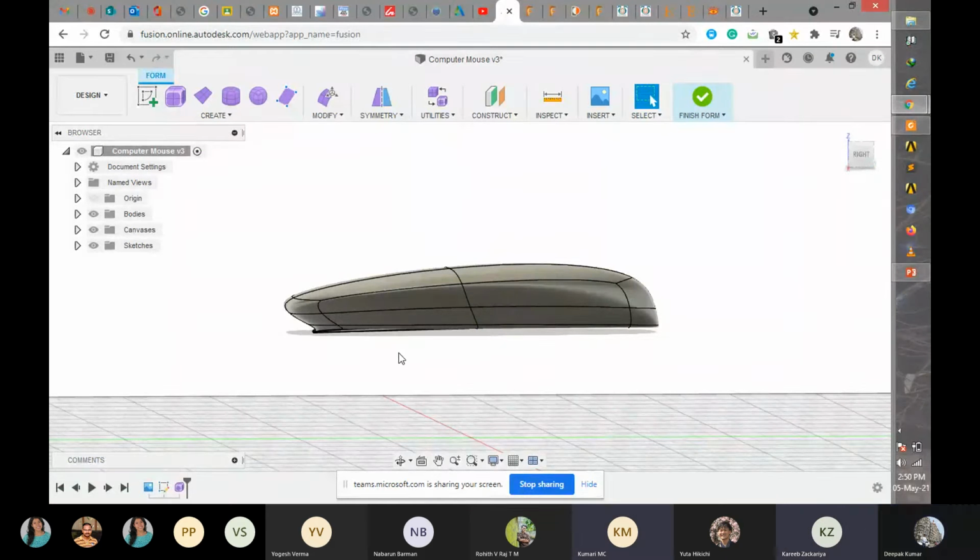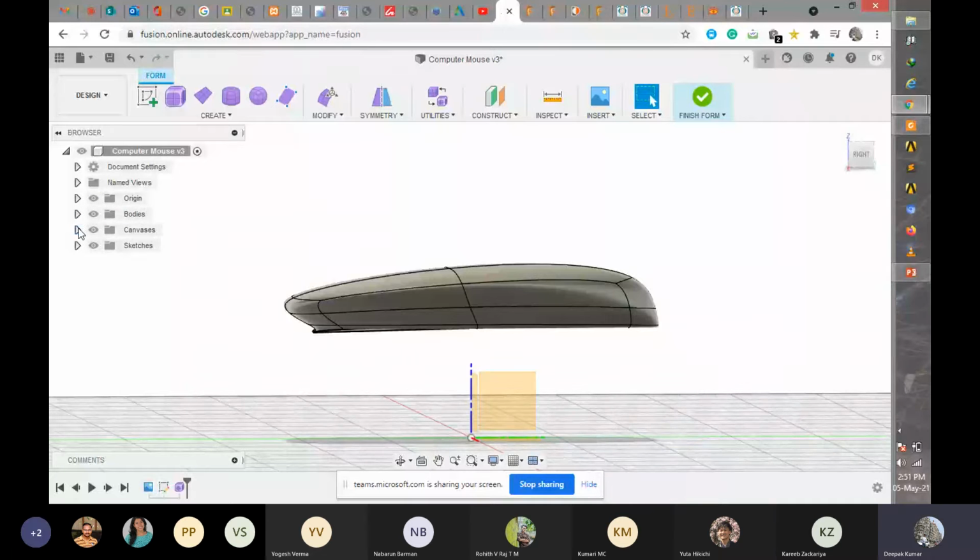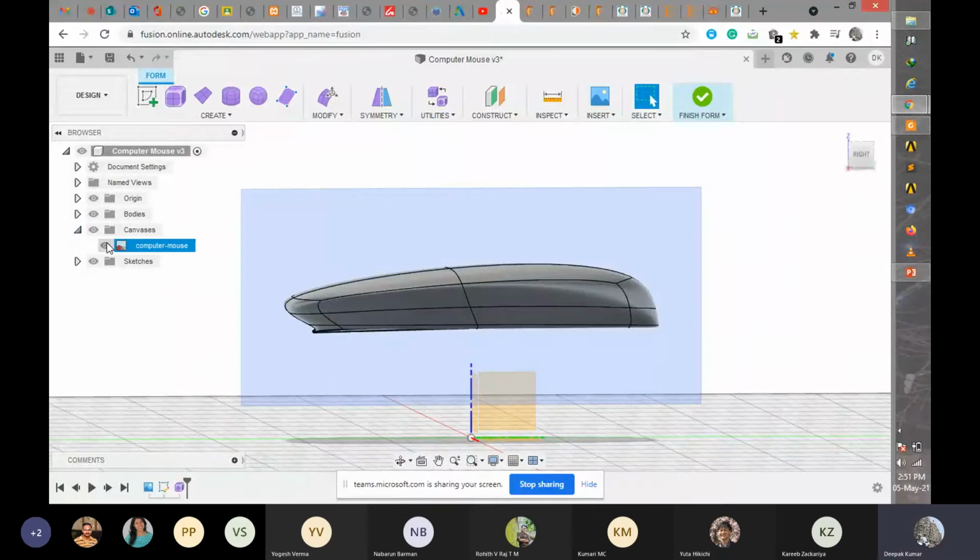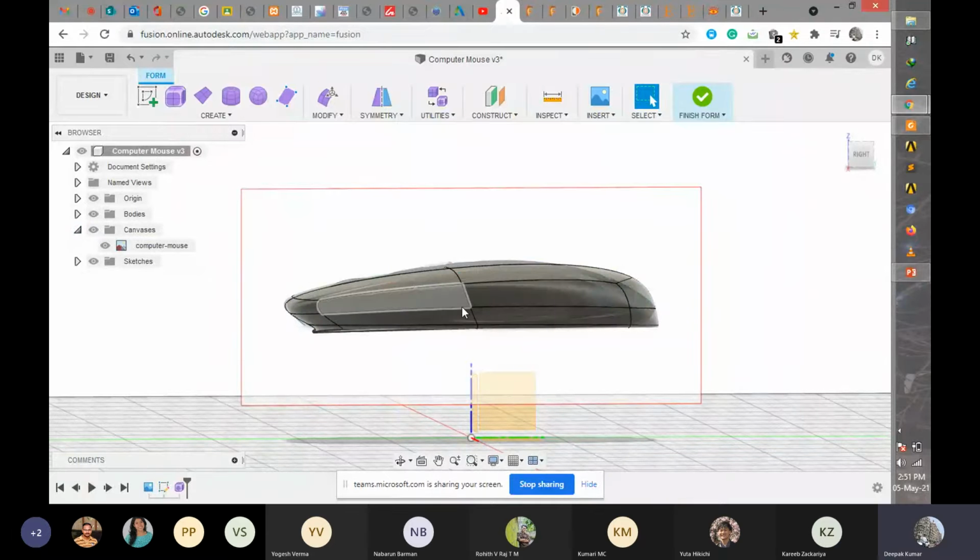Yes, sir. I created one system mouse, a computer mouse, in this image. First I will explain what I did. I took one picture from Google. Then after scaling this picture, I checked the length and the width. Then I selected one plane and created this model with the help of a box.